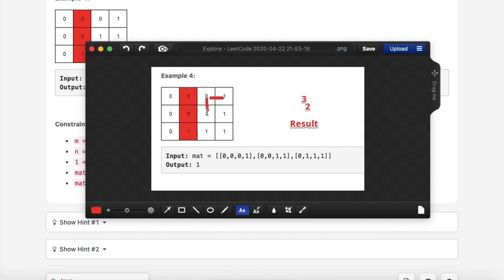Now I'll check to the left of it. If it is 1, I keep on going left and find the leftmost one and then update that in the result. Here again, I didn't get any ones. I got 0. So when you get 0, this row is done, and I'll go to the row below.